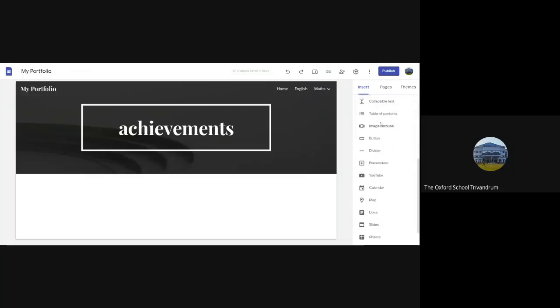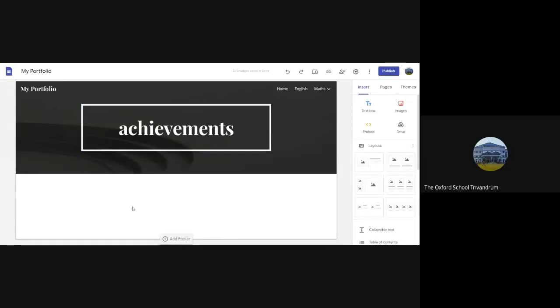Now, these are the insert options. You have it here. For example, if you want an image, you can click here. You can add an image anywhere. You can pick and drop also. You can wrap it also. You can take it from Drive also. If you want to add some link, you can add it from the Drive.